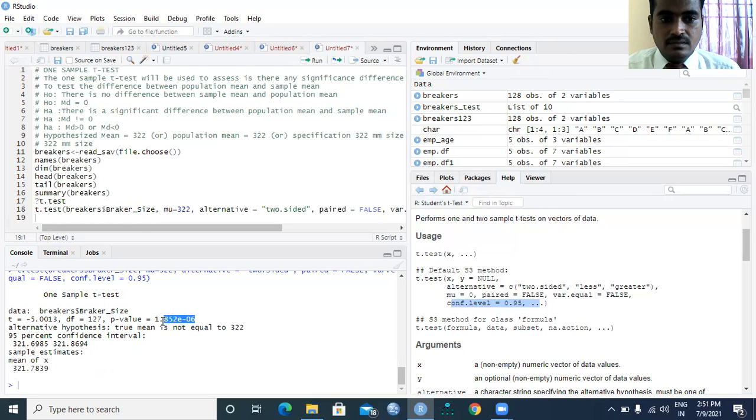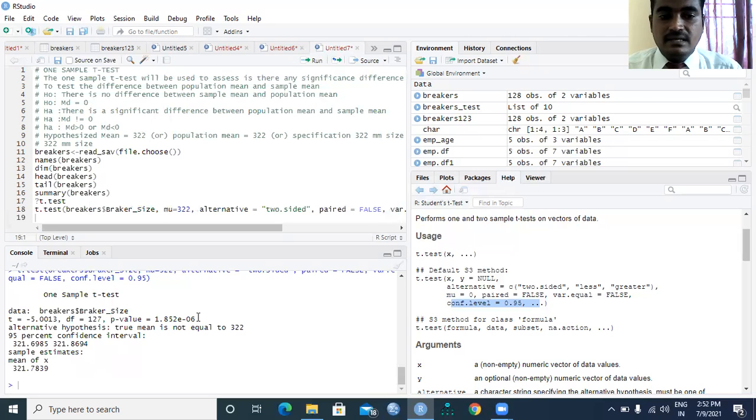The p value is 1.852 e to the power of minus 06, that will tell you after 0.00001852. When zeros are there, it tells that there is a significant difference between population mean and sample mean.